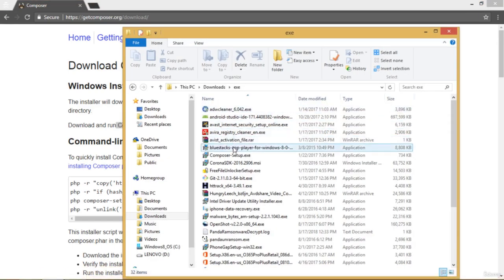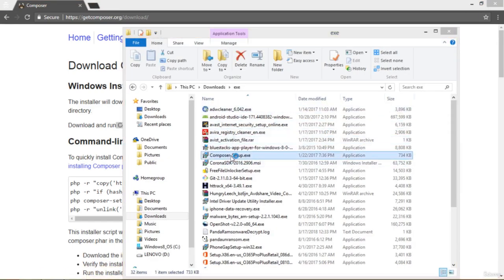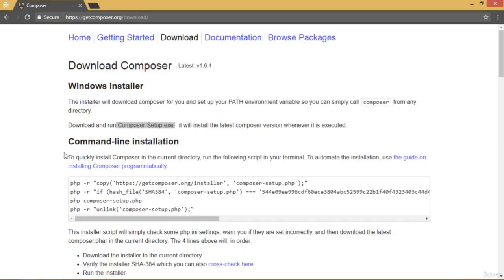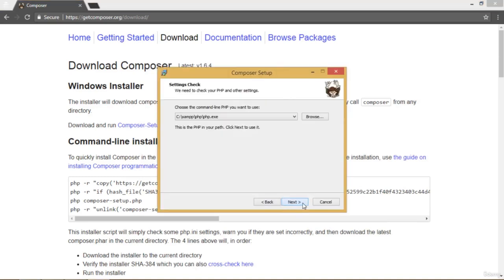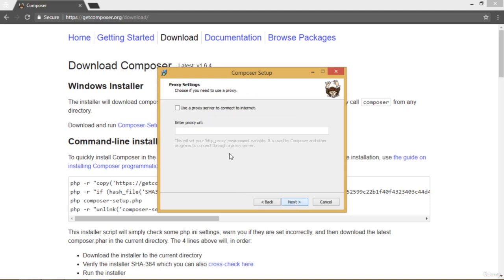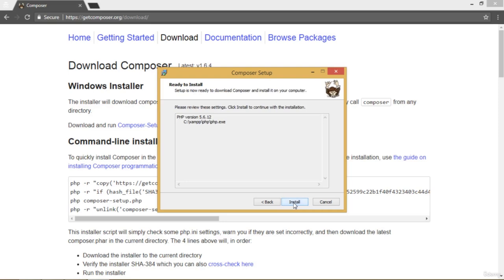I have already downloaded it, so I'm going to open it immediately and see the window. As you can see here, you will be presented with a window to install the Composer. Click Next, then choose the location you want to store Composer. And then click Next, and finally leave this blank and click Next again, and finally click on Install, and it's